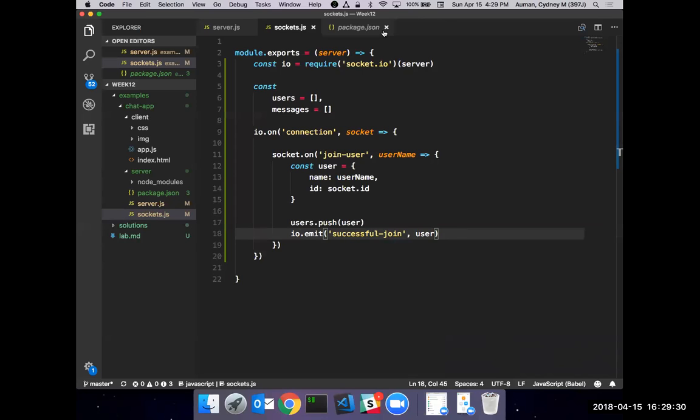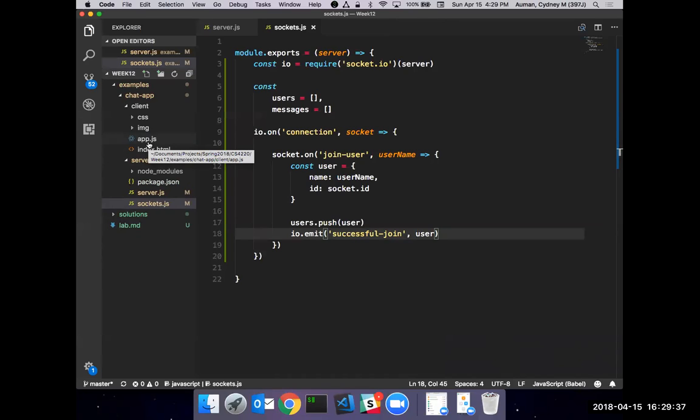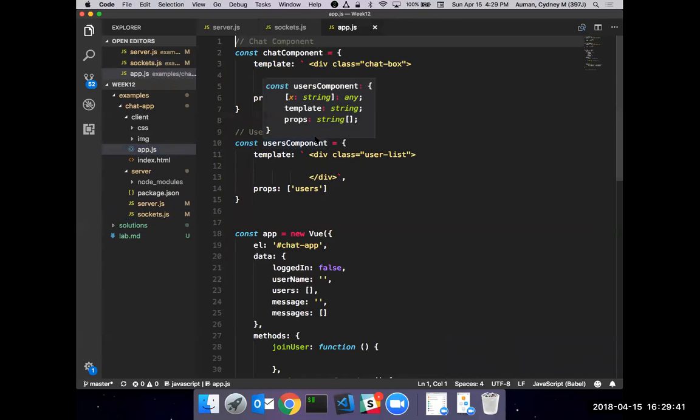So we need to now pair that with something going on inside of our view, right? We don't want to get too far into the code and not have this run. So we'll go to app.js here. Here in app.js, this is just a little bit of a template. A lot of this should look very familiar. You guys have done a lot of this with Albert. So we have some chat components, and there's just a template with some HTML. This HTML is empty. We have a user component, pretty empty right now. So two components right there.